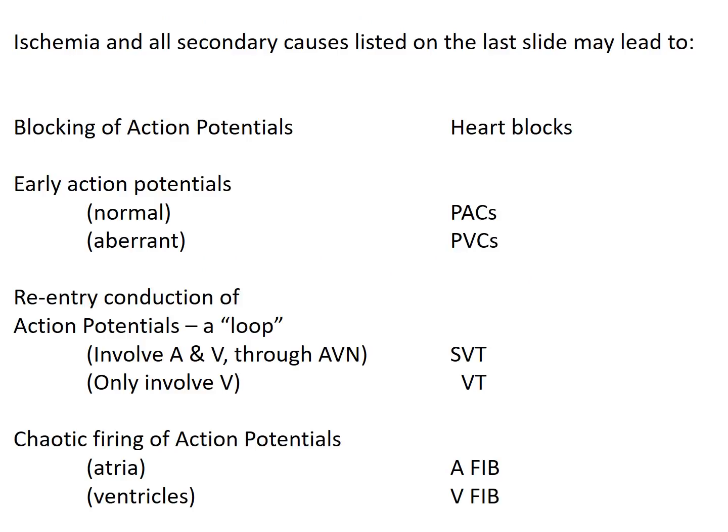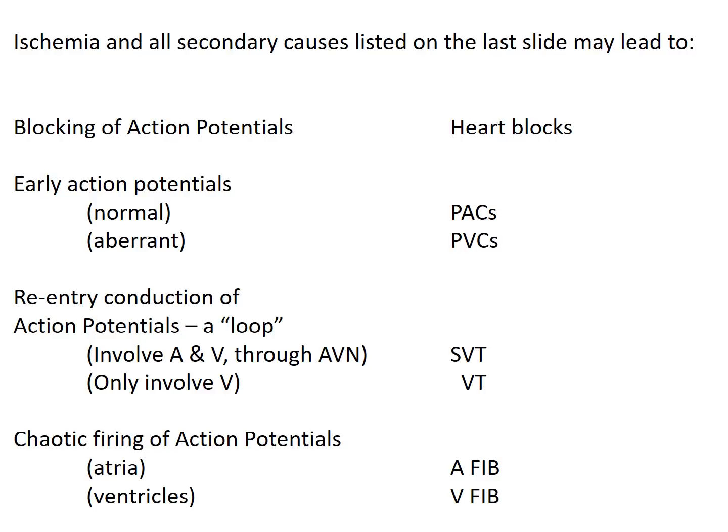So ischemia and all those other secondary causes can lead to cardiac arrhythmias, and what happens is you get alterations of the action potential. The action potential can be blocked, which can lead to varying types of heart blocks. An action potential may come on too early or in an aberrant fashion. This can lead to things like premature atrial contractions or premature ventricular contractions. The action potential can